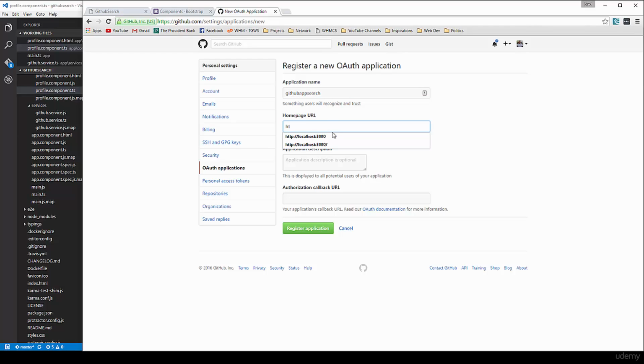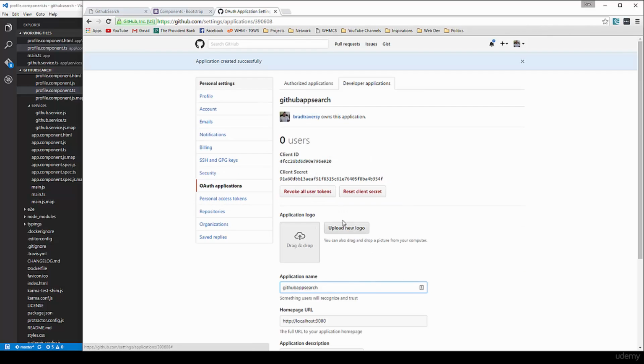You can just put anything here. Let's just put localhost. Description, we'll say simple GitHub app. Callback, I don't think this is really important either, but let's just put this. It might not let us use port numbers, but let's try it. Alright, so that did work. Now take note of the client ID and the client secret, and what we're going to do is go back over to the service,